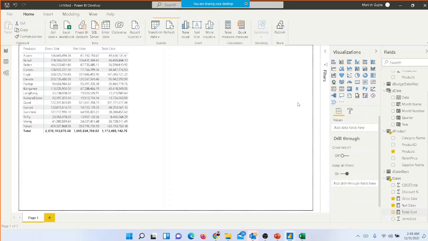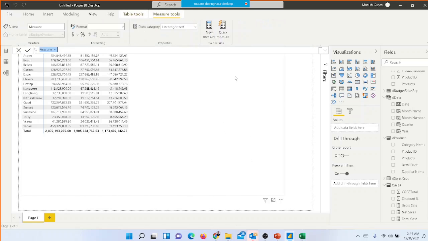Now we need to see the profit because we don't have a profit here until now. So let's create a new measure again. Again it's going to D product. No, sorry. Okay, I can move it later on. And we want to create a net profit, right? So net profit is going to be what? Net sales minus the total cost. So instead of doing any other formula, we can just say net sales minus the total